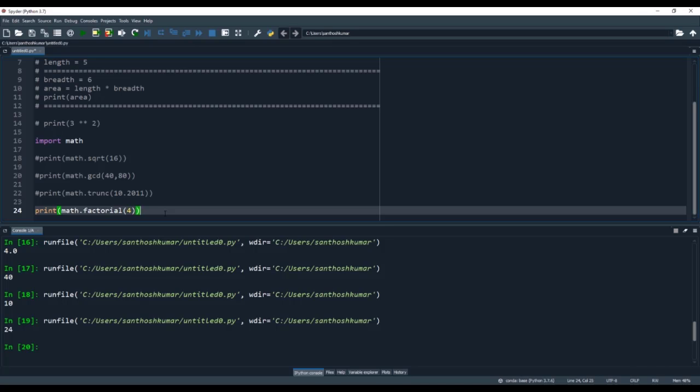So there are lots of other math functions. So for example, power and logarithmic related math functions like math.log, math.log2, math.log10, math.pow, and then there are trigonometric functions like math.sin, cos, tan, and then there are angular conversions like math.degrees, math.radians, and then there are hyperbolic functions like cosh, sinh, and tanh, and then there are also special functions, and there are constants like math.pi, math.e, etc.